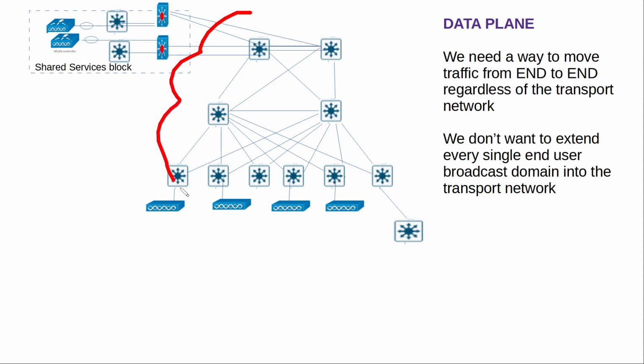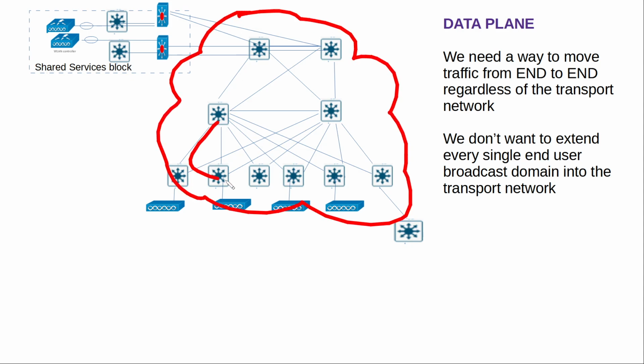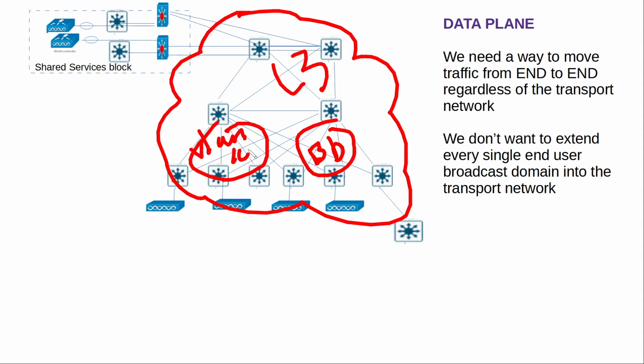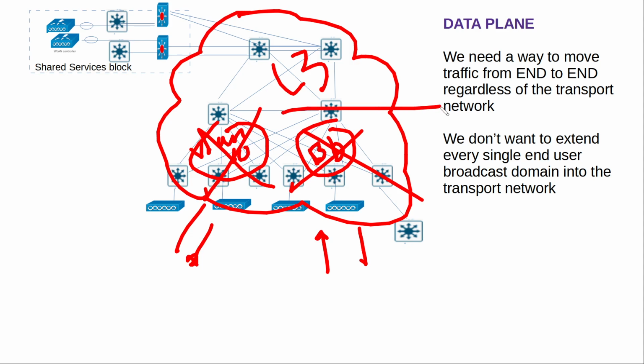So by doing so, we will need to avoid extending the end devices broadcast domains into our enterprise network, as we did with traditional networks. Remember that in traditional networks, we will have to set up VLANs here within our enterprise network in order to transport traffic that belongs to end users. We don't want to do that,